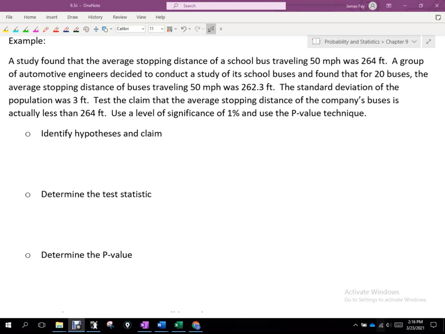So we need to identify the hypotheses and the claim here. Yes, Peyton? Is this like a real study? This is real stuff, yes. So how do they